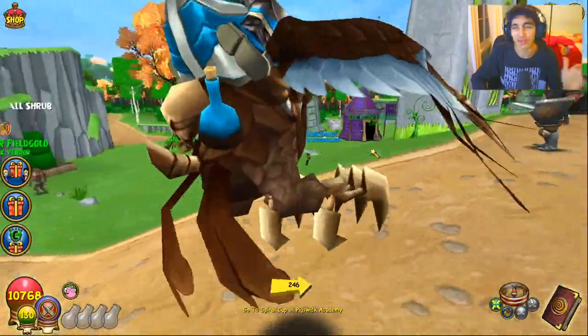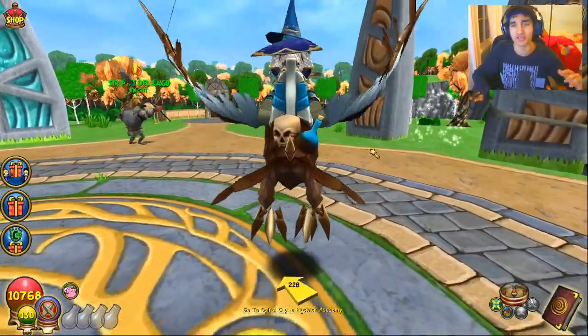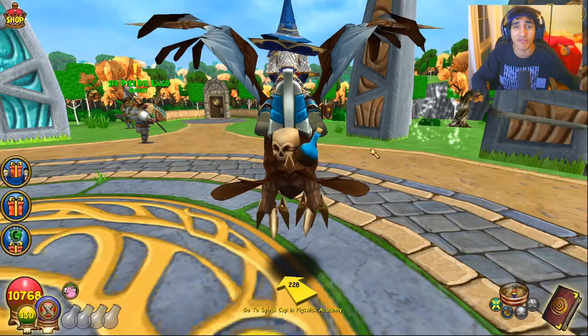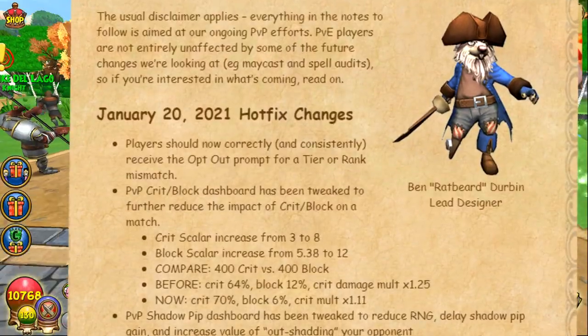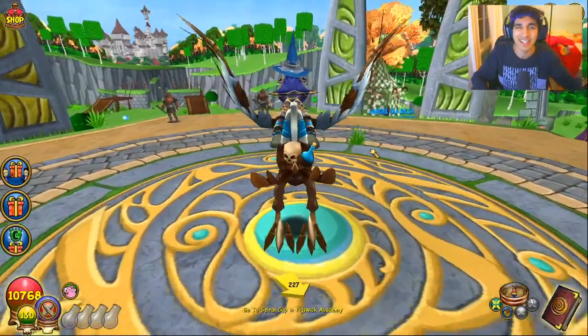Now this update is a really, there are some things like a new pack that I don't think is going to change much, but the real update in my opinion is the PvP hotfix. This affects all kinds of things. I'm going to be going fully over it so you're caught up with all the new things in Wiz, but